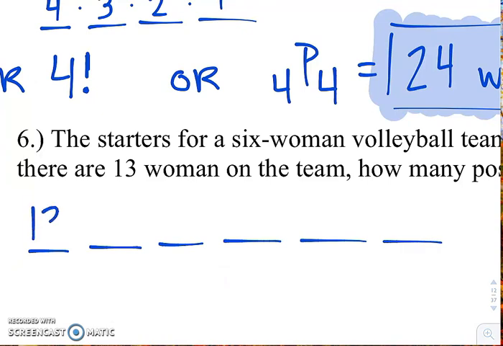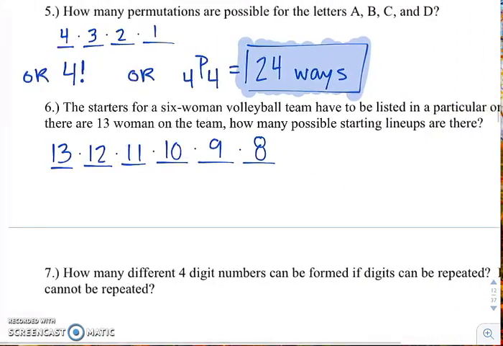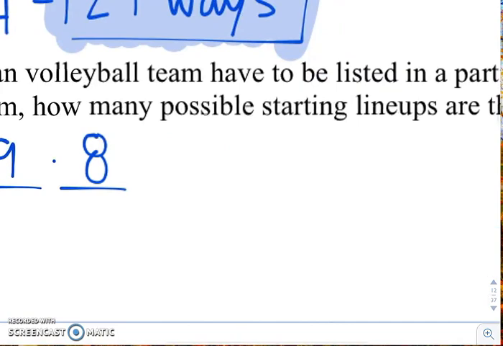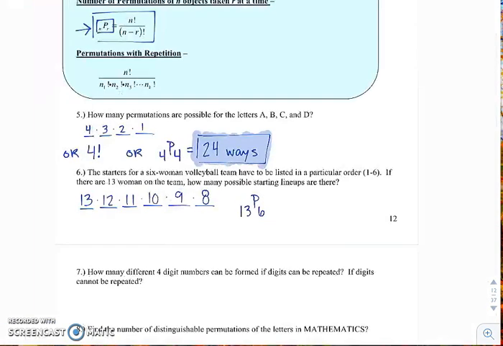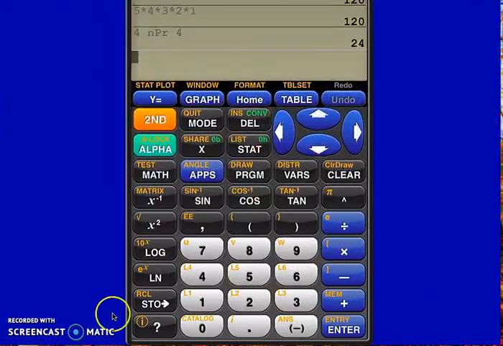If there are 13 women to choose from, each time we choose one, we're going to have 1 less woman to choose from. So it's going to go down each time until we get to that 6th position. We could also write this as 13 players, and we're only picking 6 of them. So if we wrote it that way, 13P6, go to your calculator, go to math,